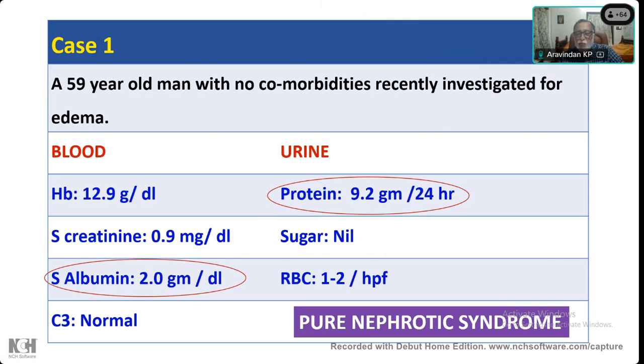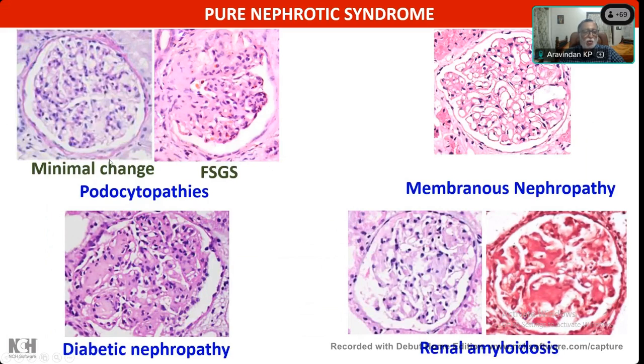So there's a lot of overlap, but usually what will present as pure nephrotic syndrome? Nephrotic syndrome can start with minimal change disease. Okay, minimal change, very good. Membranous nephropathy can present with nephrotic syndrome. Or focal segmental glomerulosclerosis. So minimal change and focal segmental sclerosis together, they're called the podocytopathies, isn't it? Yes. So podocytopathies would be one of your possibilities.